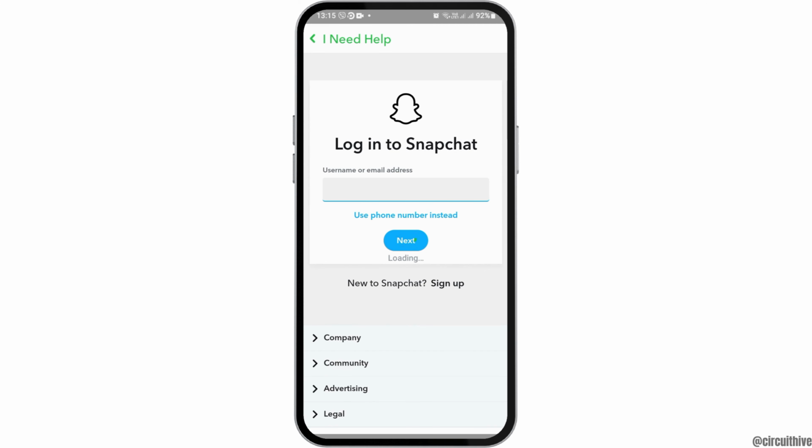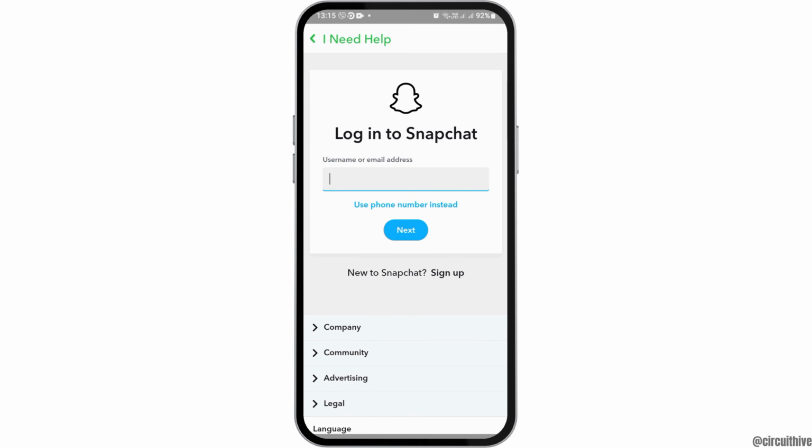That is, here you have to tap on your username or your email address, or you can also use your phone number. And after going to the option of next, you have to tap on your password. After you tap on your password, now it will take you to the account portal of Snapchat. And after it takes you to the account portal of Snapchat, now you can go to the option of delete my account, and you can delete your Snapchat account